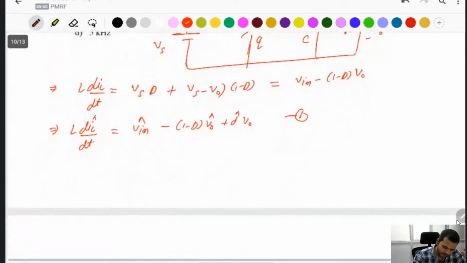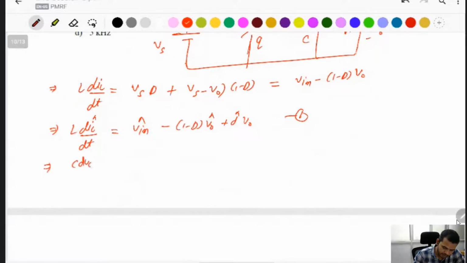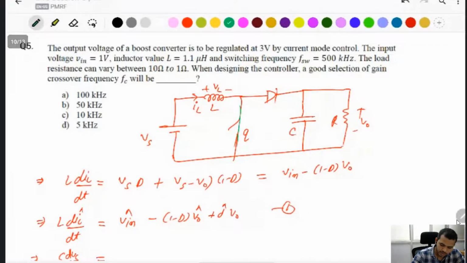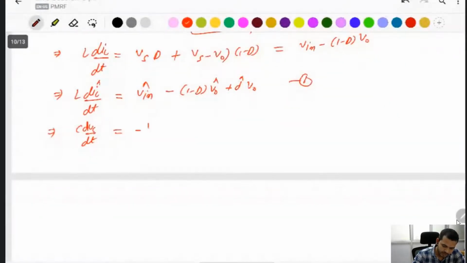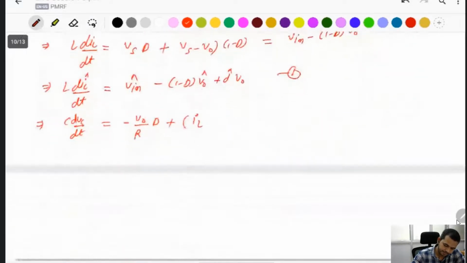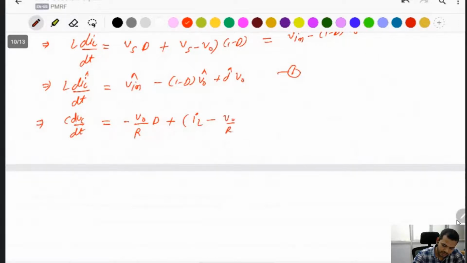This is equation number one. Second, the current: when the switch is on, then IC is the opposite of I naught, which is V naught by R. Then negative of I naught. And when the switch is off, then IL flows like that: IL minus V naught by R, with 1 minus D, so IL (1 minus D) minus V naught by R. Apply perturbation here, then we find